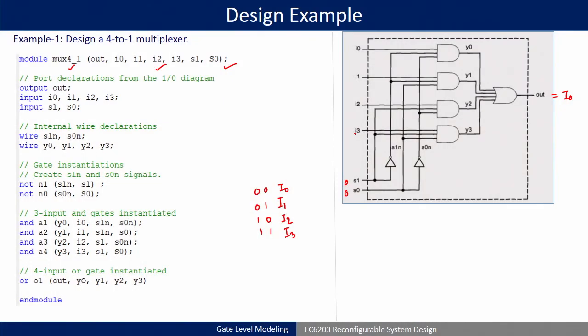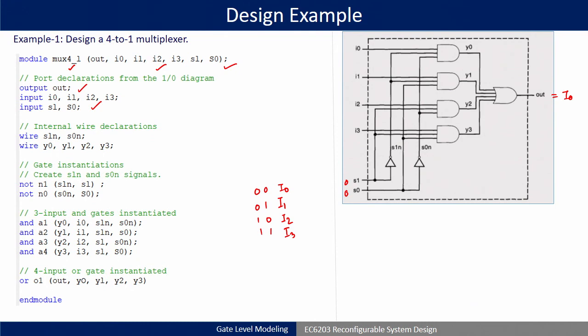So, you have to just take care, while putting a block level design, what the inputs are and what the outputs are. Okay. Then, I told you, after module you always have to declare certain declaration parts. So, either you declare parameter, you declare input output or you declare the wires. Okay. So, here first we have declared the output. So, output out, then I0, I1, I2, I3 and S1, S0, all are single bit inputs.